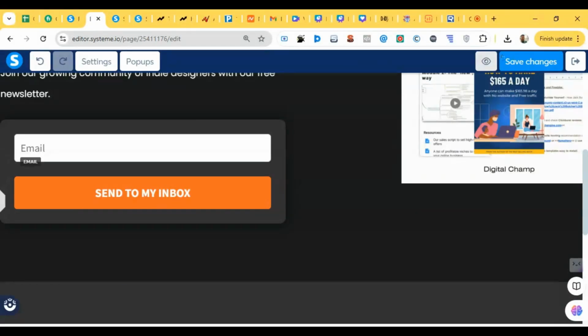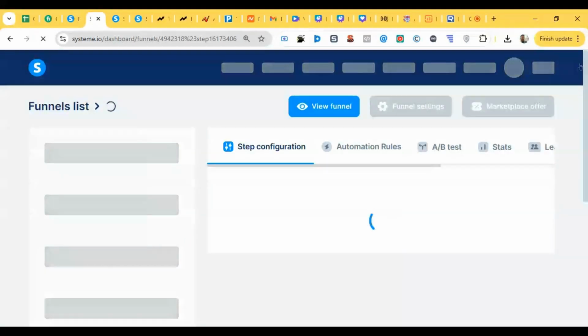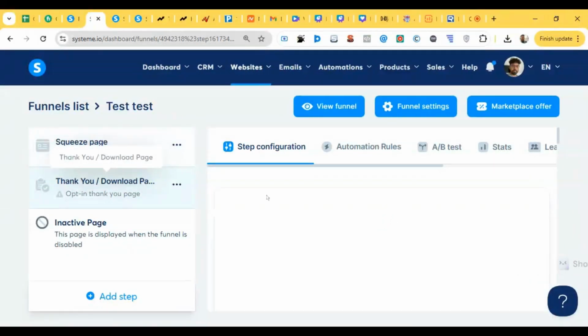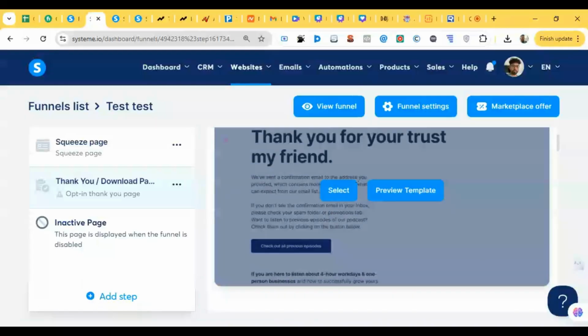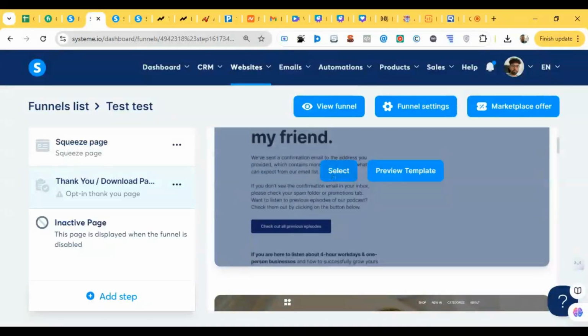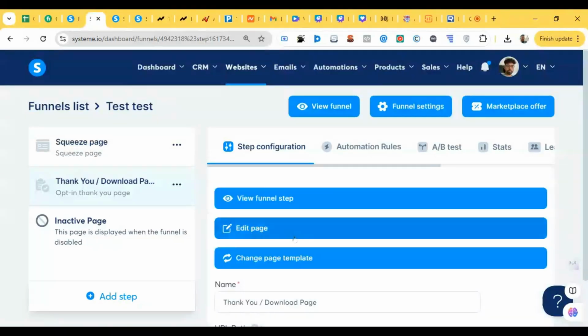So now I can go back. I can exit that. The funnel is basically going from one step in one direction to another, right? Now the second step is the thank you page. So let's select one of our thank you pages to match our brand. We can always change the color. So I'll click select. Now click